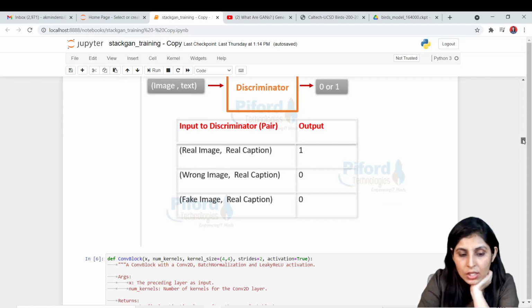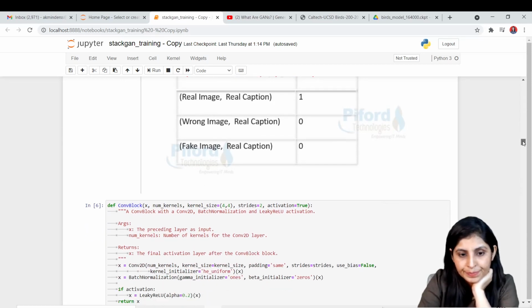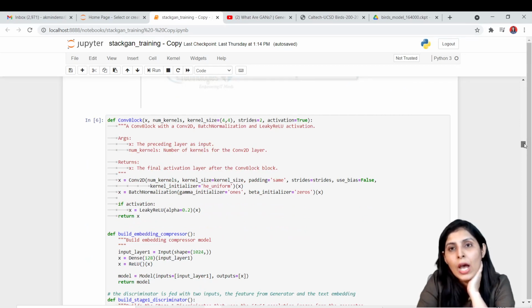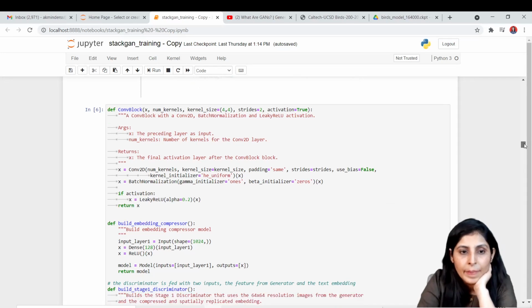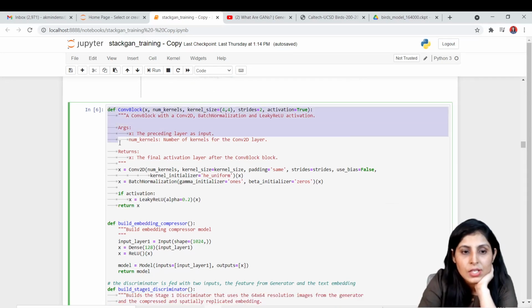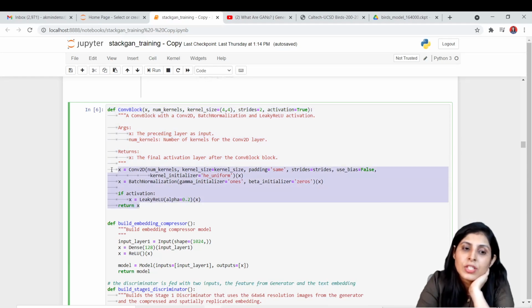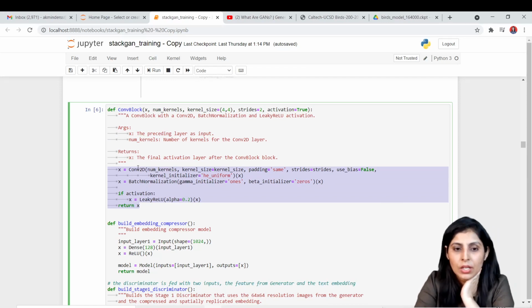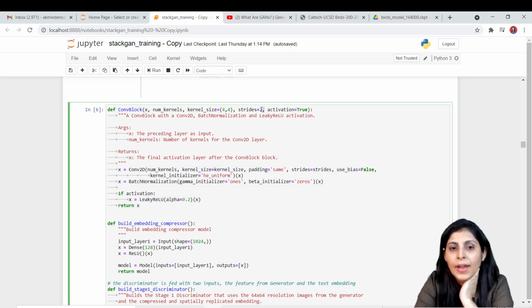Now let's see in the form of code. And guys, one more thing, when we use generator, we upsample our image, and when we use discriminator on our generated image, then we downsample. Okay, so now you can see this define con block function. The task of this function is to downsample our image, and finally classifier will tell whether the image is a fake image or a real image. Okay, so what we are using here is the kernel size is 4x4 and stride is 2.